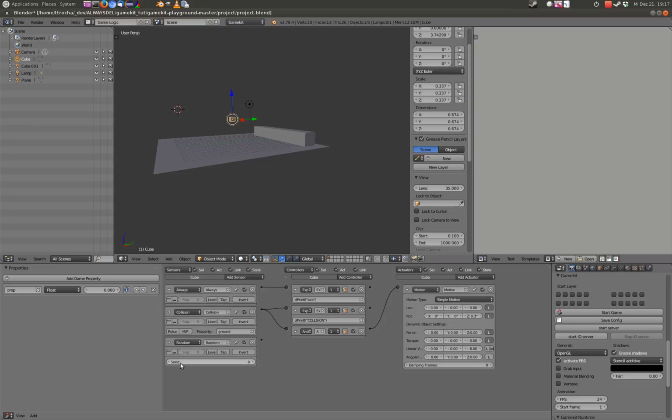Random is actually just creating random numbers. Property will get a property. So let's see, we have here already one. Let's call it live. Make it an int and give it a value of 5. And we could say on every